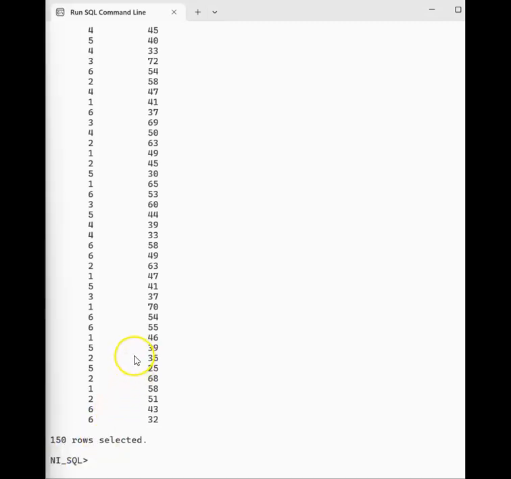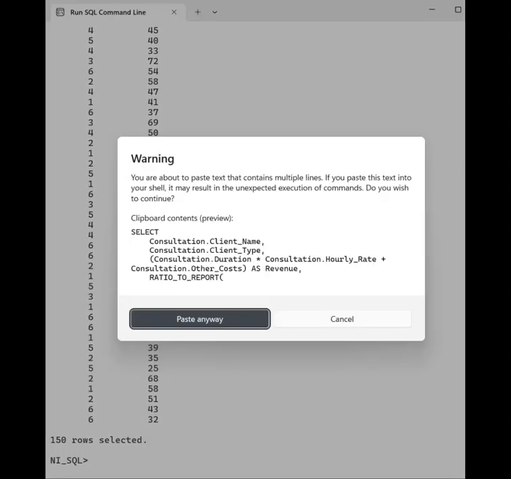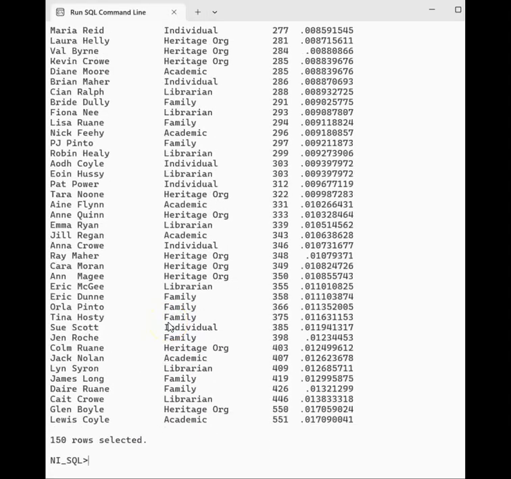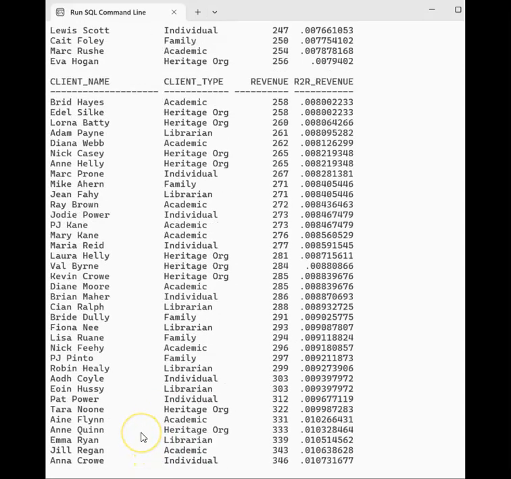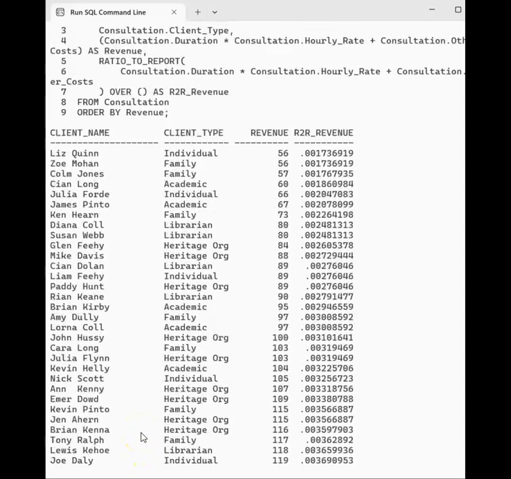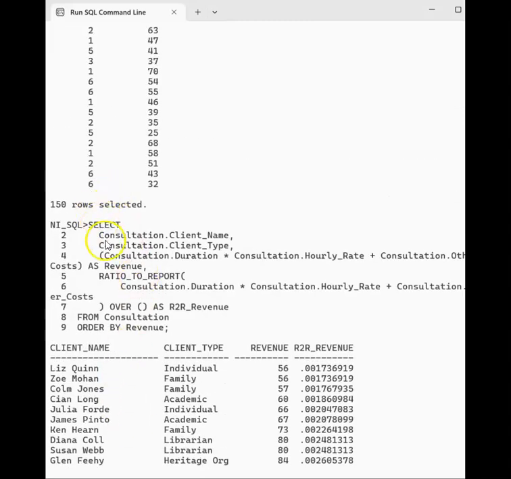So for that, I wrote a query here which is select from consultation. I just copy pasted what I have. Let me explain. Here we can see the 150 rows were selected. What I did was, in the select statement, I am selecting the client name and the client type, because we need to analyze with these two column names, as well as the duration